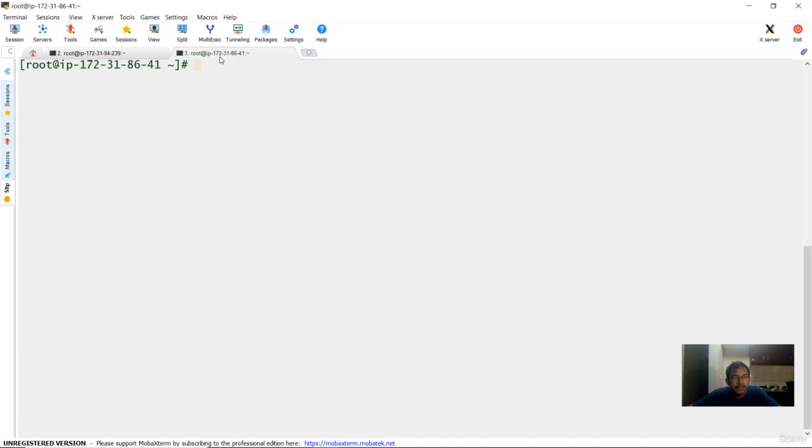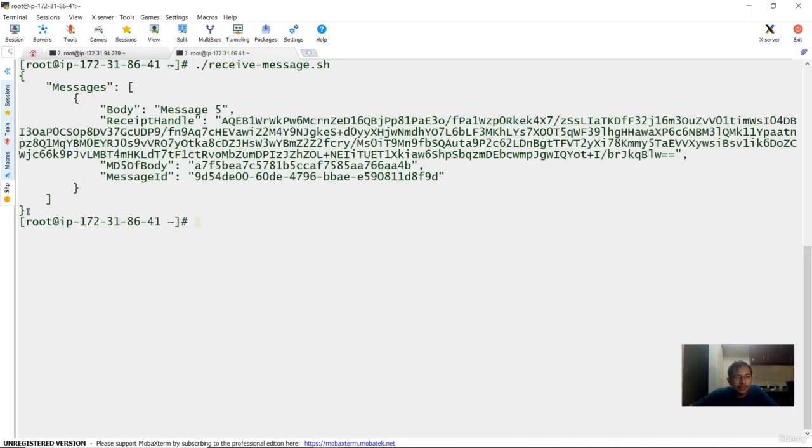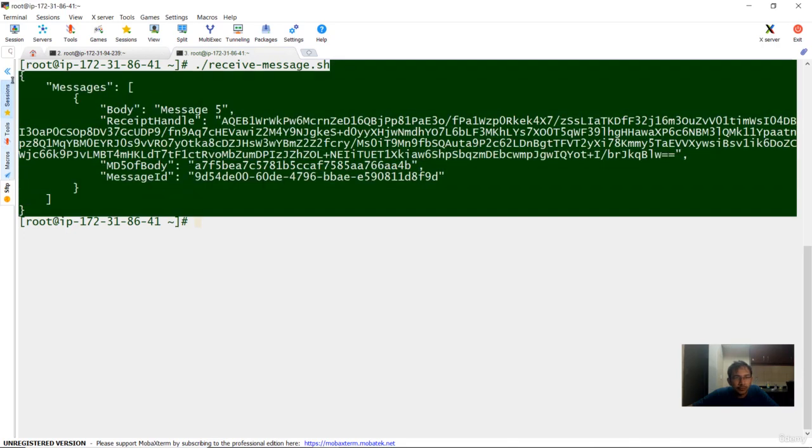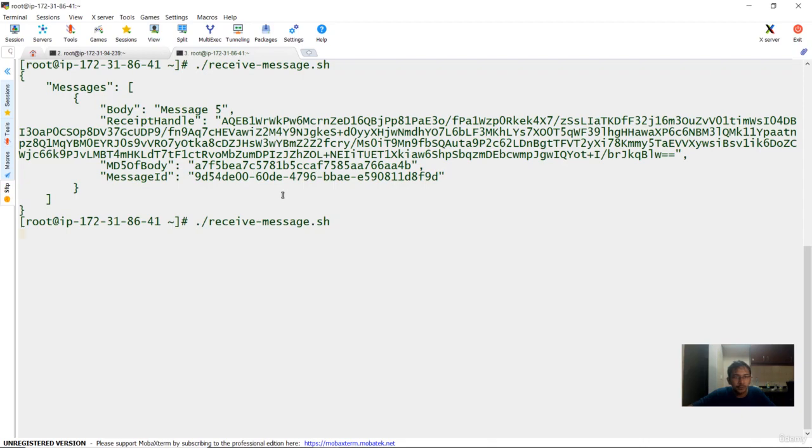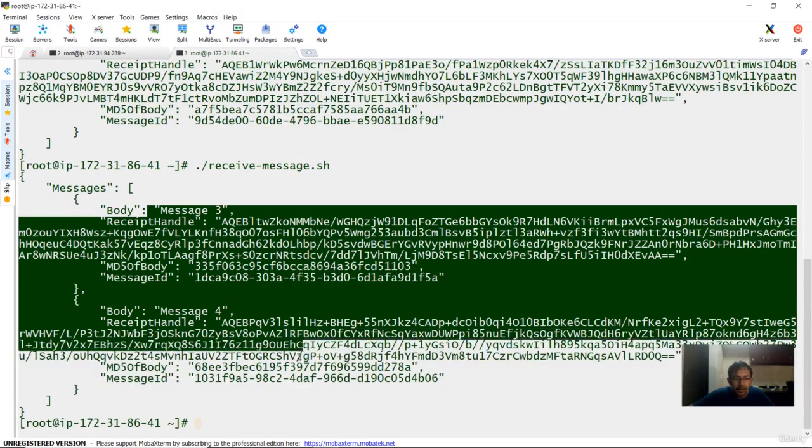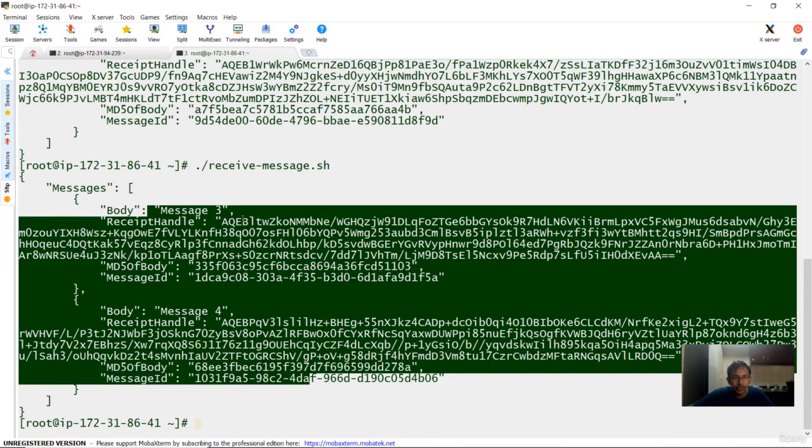Now from the image enhancer, which is responsible for consuming the message, we also have one more script available called receive-message.sh. Let's run it. So now at this stage, you see it has received one set of message from the SQS queue. Now if you run it once more, it has received another set of messages from the SQS queue.